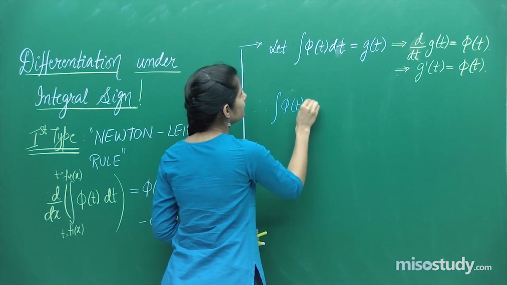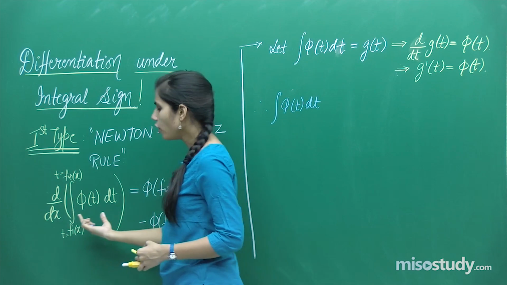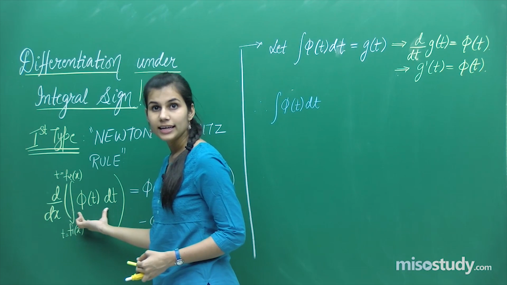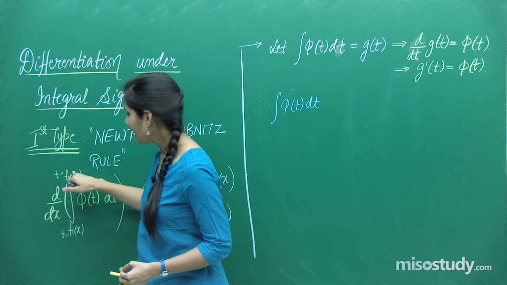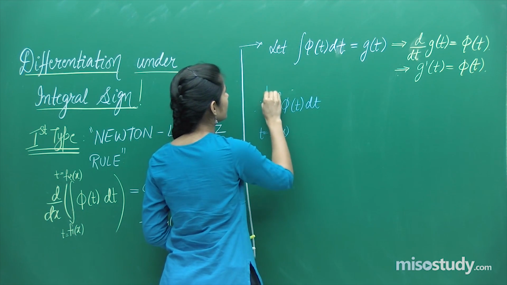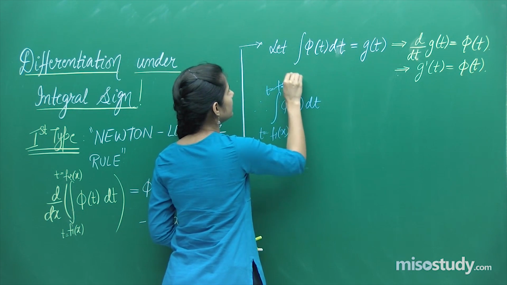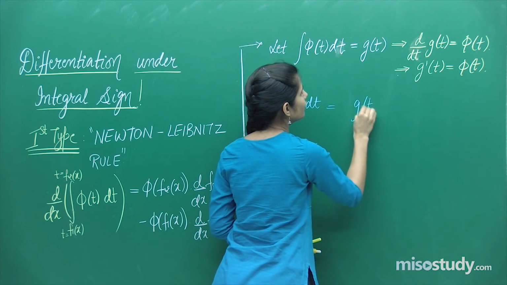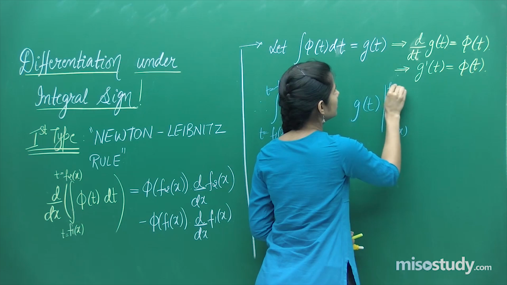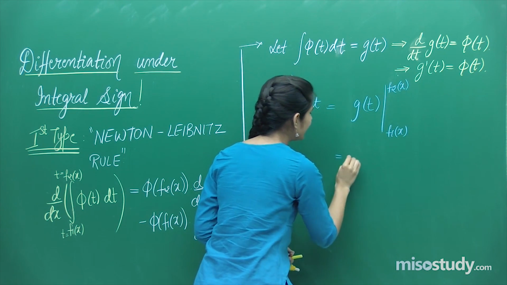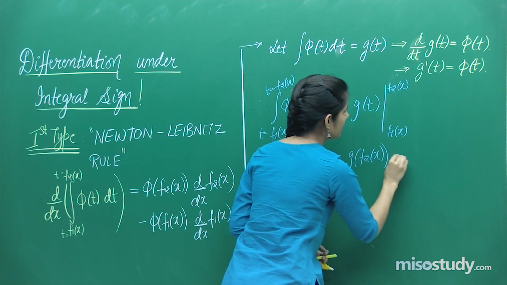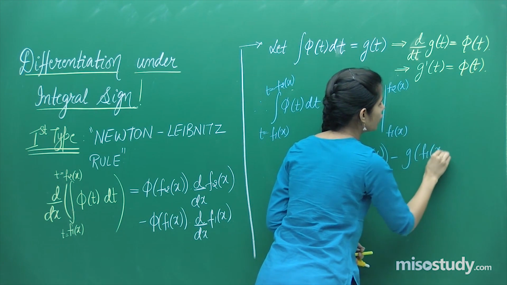Integral phi(t) dt. See, first of all, step by step movement. First of all, you compute this indefinite integral. After that, you apply the limits over t. This becomes t equals f1(x) as the lower limit, f2(x) as the upper limit. One antiderivative you have obtained, and then how do we write it? With limits f1(x), f2(x), which is standing for G of f2(x) minus G of f1(x),